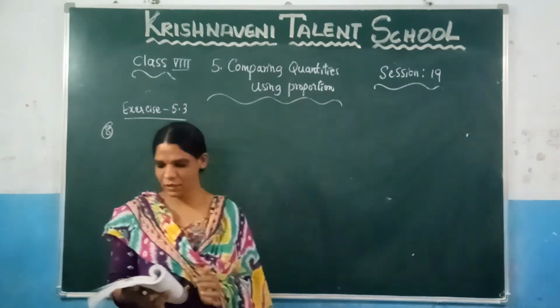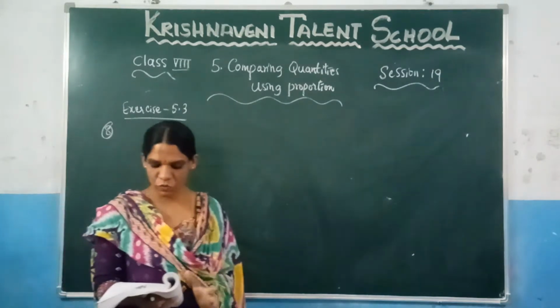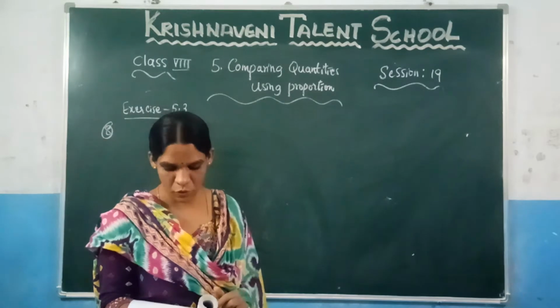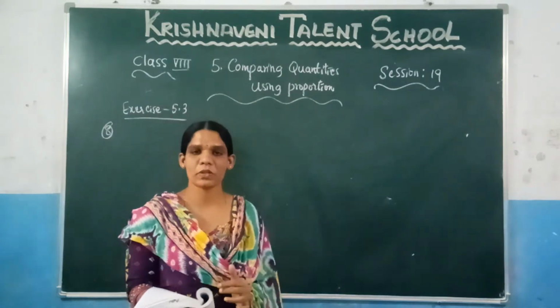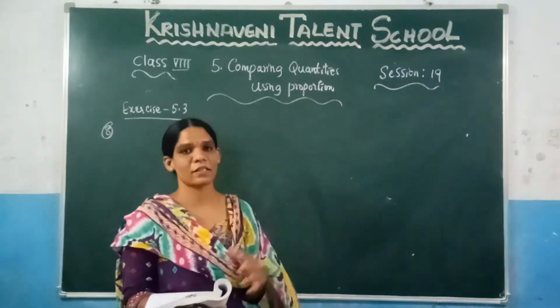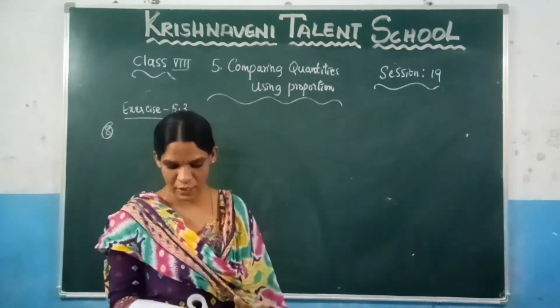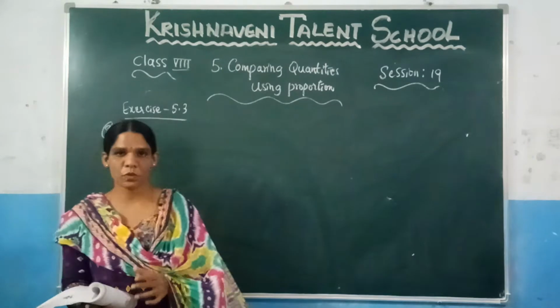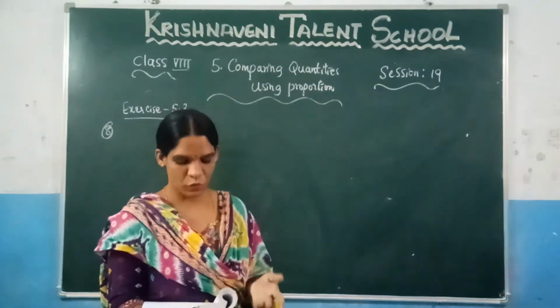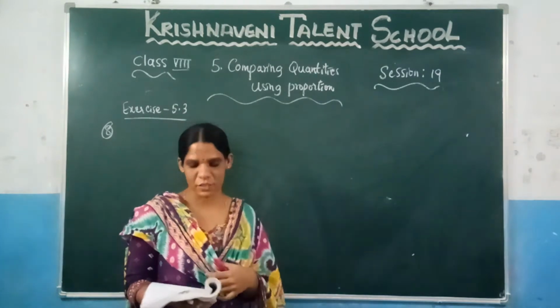So this is the question given, and based on this you need to find, if the interest is compounded annually, what should be the amount, and if the interest is compounded half yearly, what should be the amount. You will get the two amounts and you need to find the difference of these two amounts. This is the question they have given. Now I hope you have already solved this problem. I told you to solve this problem. If not, let us see here how to solve this one.